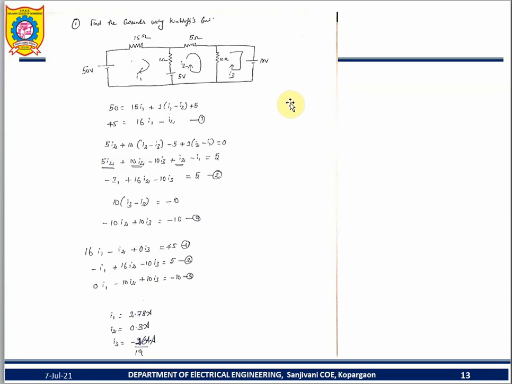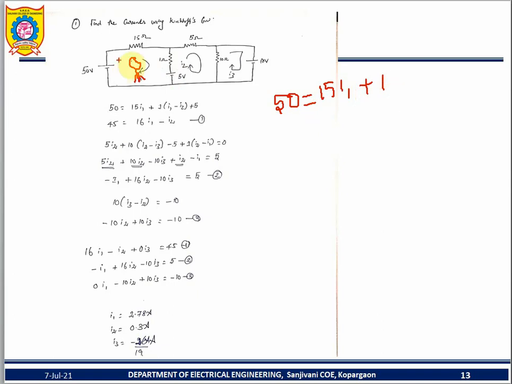Then we're going to close today's class. Time is also reached. First, I go inside the room. I start with the source. So write down 50 is equal to independent. What is that? 50. This resistance is independent, 15 I1. I already considered this as 1, this as 2, and this as 3. So 15 I1 plus the resistance. What is the value? 1.